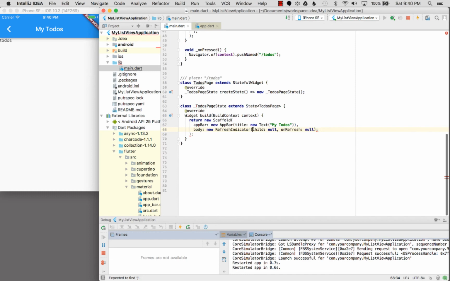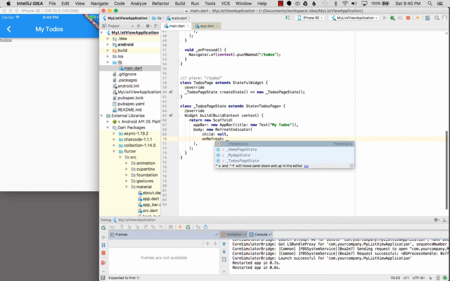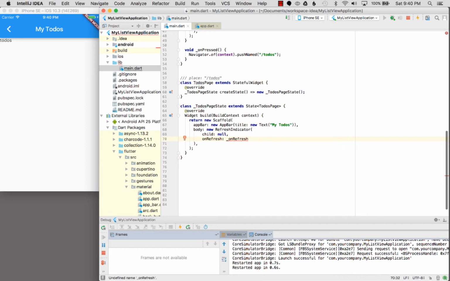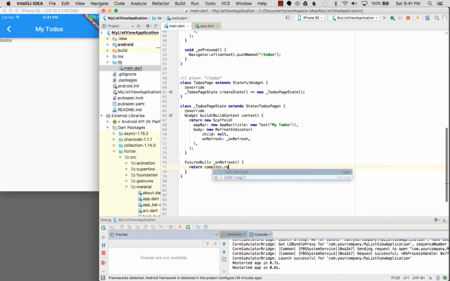And the first one, let's nest these first, auto format them with my manual formatting, I should say. Add a comma there. So the first one I want to do is I'm just going to delegate on refresh to another method instead of nesting it. So on refresh, I'm going to hit Alt Enter, and I'm going to create a method, and it is a future, and I'm going to return a null because I looked at on refresh and return. And in this case, I'm going to use a completer, and it's going to return a future,